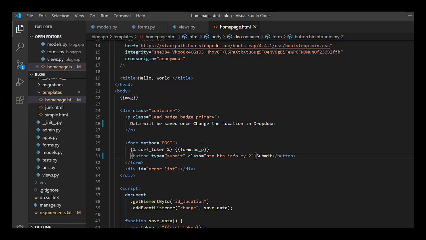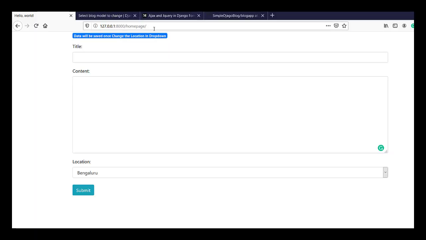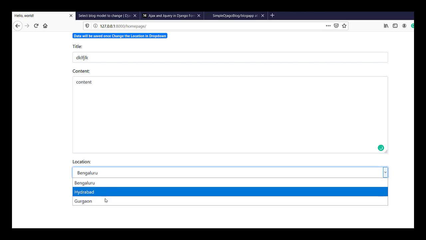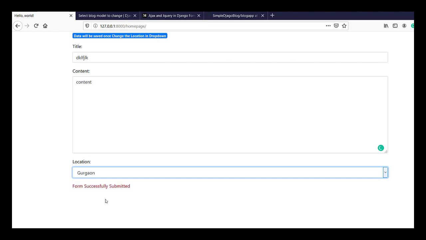In the front-end code, I am commenting out the button and just reloading the page. Okay, so our button is not there, and if I type anything and change the location to Gurgaon, the form is successfully submitted.